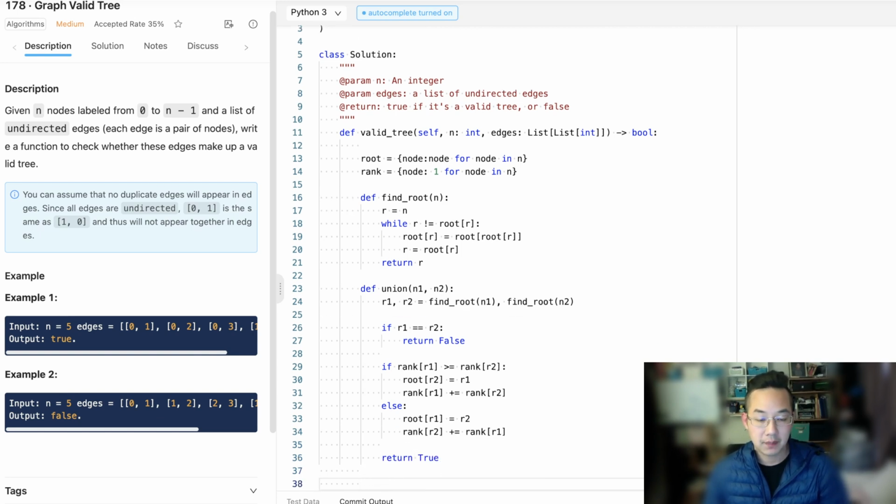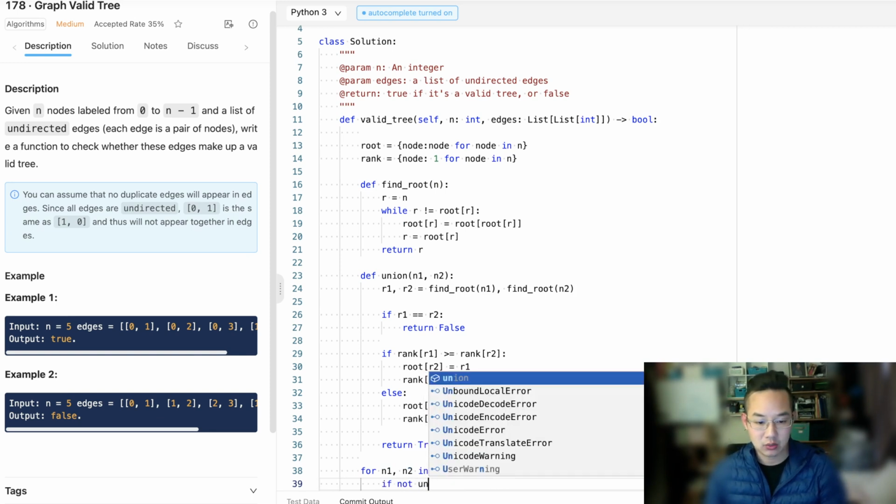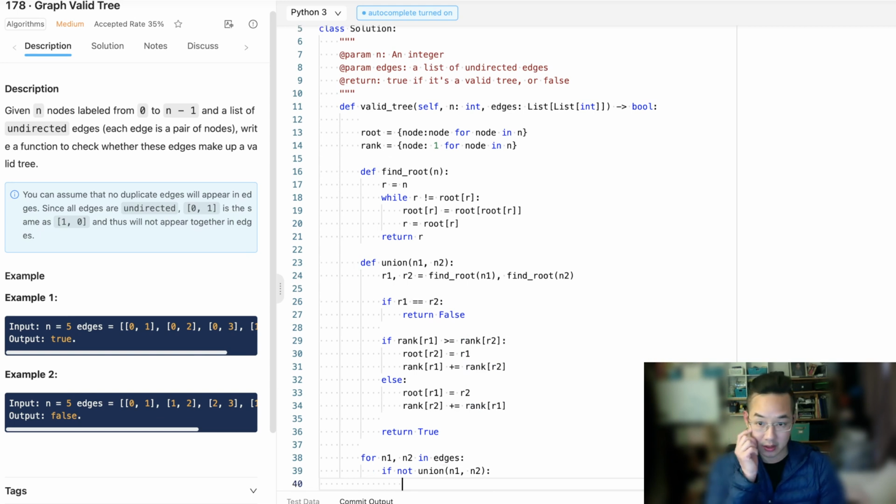So then we're going to loop for n1 and n2 in edges. What we're going to do is, if not union of node 1 and node 2, that means we returned false, they have the same parent, then we're going to return false because we found the cycle. Otherwise,